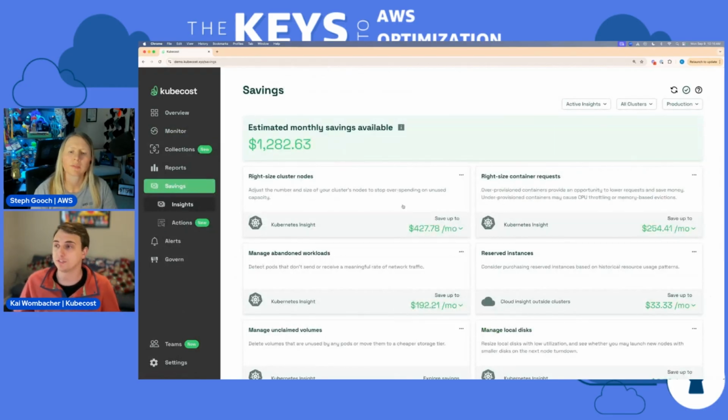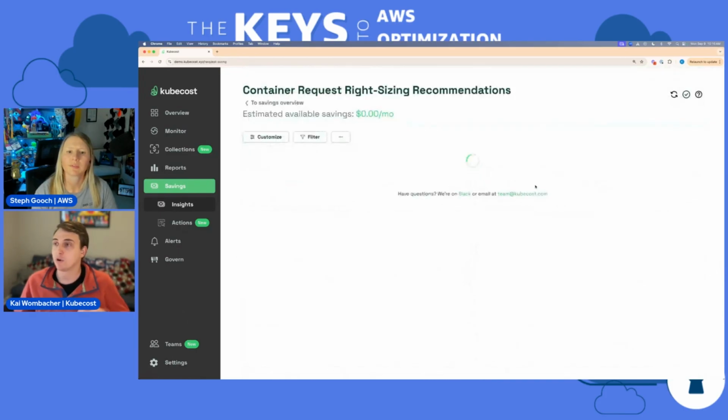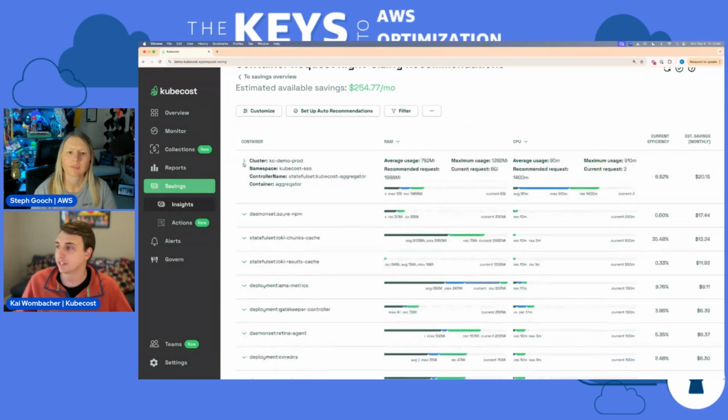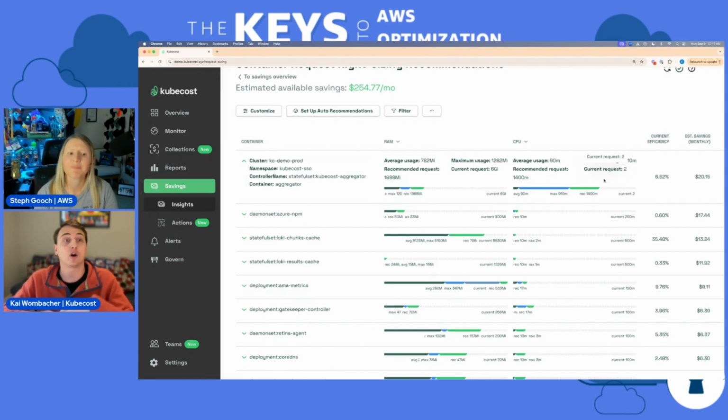Because we have a bunch of savings insights here. For example, our right-sizing container requests. You can come in here and say, okay, I have this container here. Its maximum usage is this, here's its average usage, but it's currently requesting 6 gigs of RAM, right? It doesn't need anywhere close to that much. So we recommend putting it here, and you can see an estimated monthly savings with that adjustment. And of course, we have automation that you can run to automatically implement these recommendations and save money